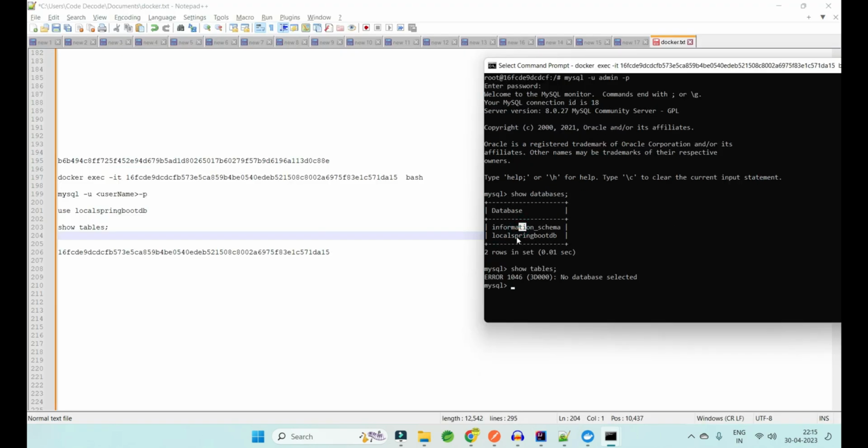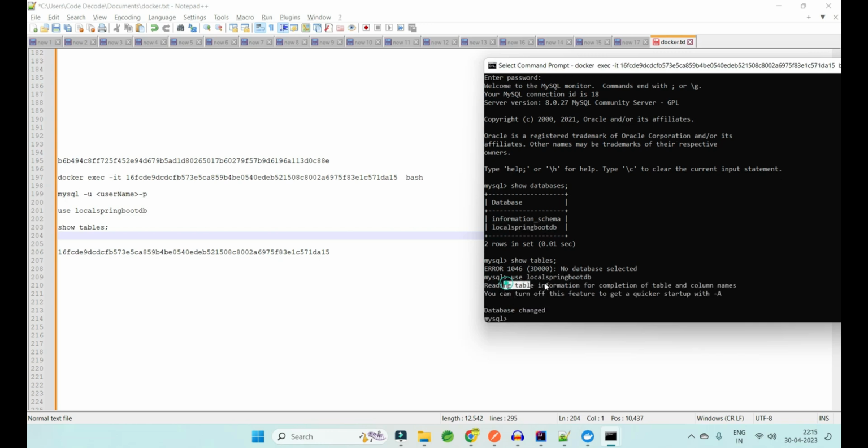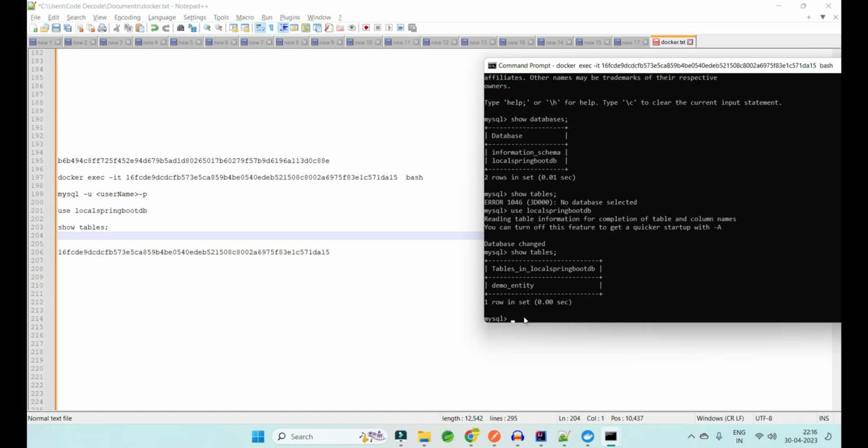Now since there were two databases, I need to select one database for which I need to show all the tables. So I'm going to use my local Spring Boot DB. Now it is going to read table information and column names from this database, and the database is changed. So now if I do show tables, it will not give me an error, and it shows